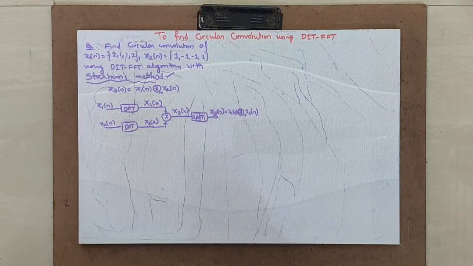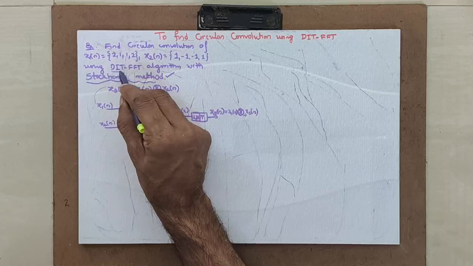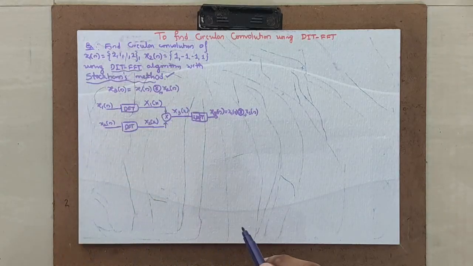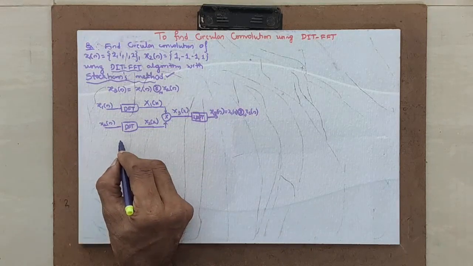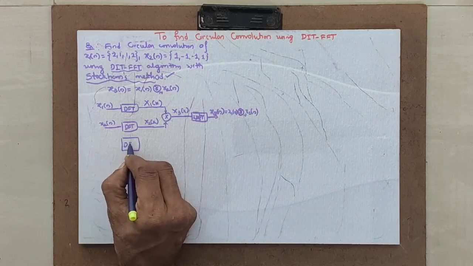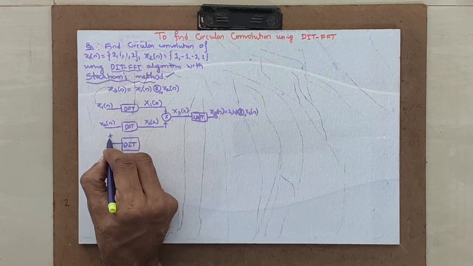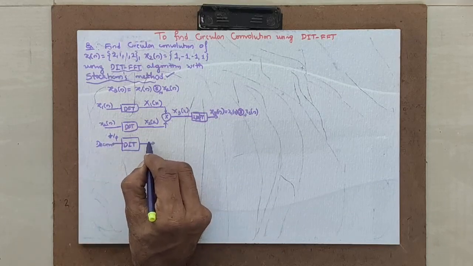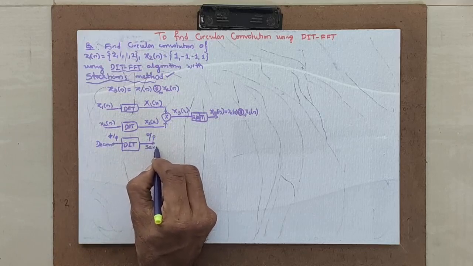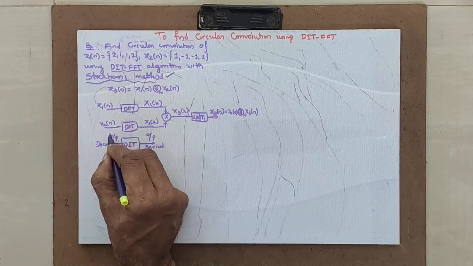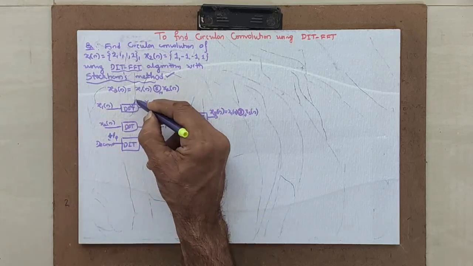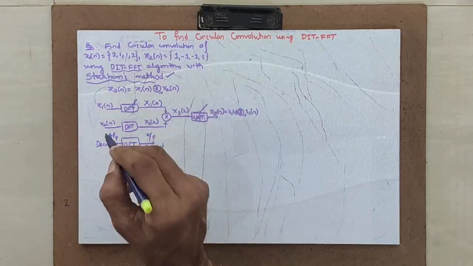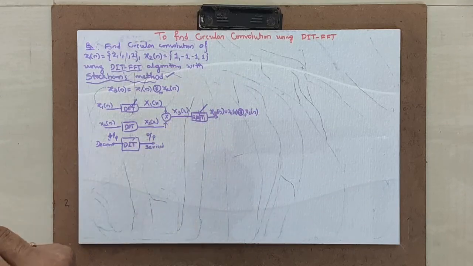Now what we are doing is applying the DIT-FFT algorithm. You already know the DIT-FFT algorithm, correct? What happens in DIT-FFT? I will just write in short here. DIT: on the input side there is decimation, and on the output side you will get the output in serial. Input side you are decimating, whether you are finding DFT or IDFT. This is the concept in DIT algorithm. Now let me apply it.